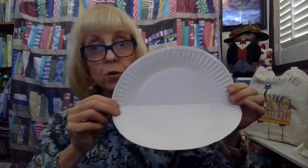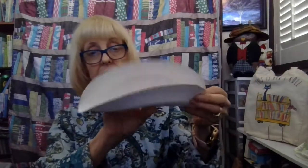And if you want to, after you fold it in half, you can color the inside. You can make part of it red and part of it green. If you want to staple on the long tongue, you can do that too, but you don't have to. So this is going to be the inside. Now to make it easier for your hands to fit in so you can make the mouth move, we're going